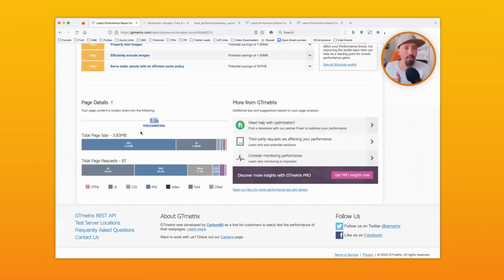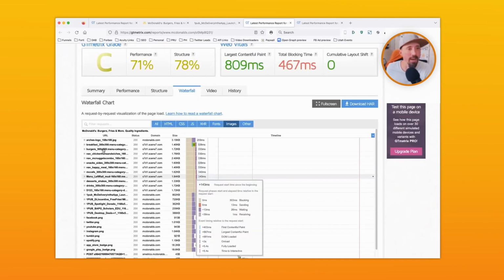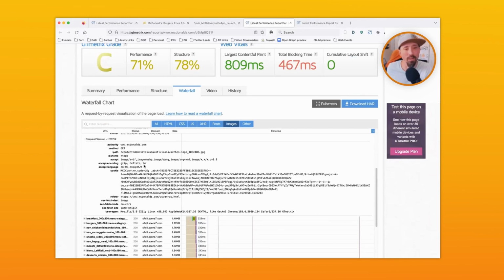Now, if we look at GTmetrix, this will tell us what the biggest delays on the page are. It's images and JavaScript. Then if you go look at the waterfall tab on your report, you can click on images or JavaScript or whatever you run your report on. It'll tell you whatever the biggest contributing factors are, come click on this tab. This will tell you very specifically where the image is located and what you can do to improve the page load.